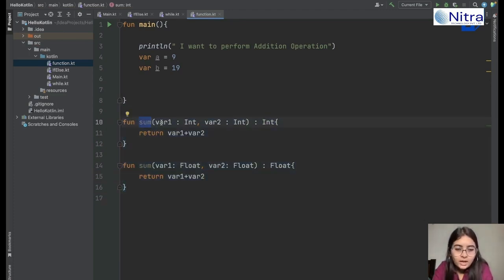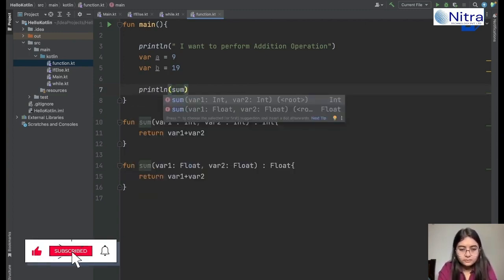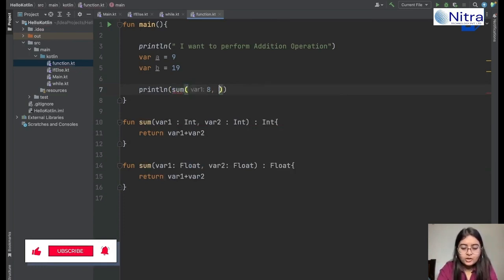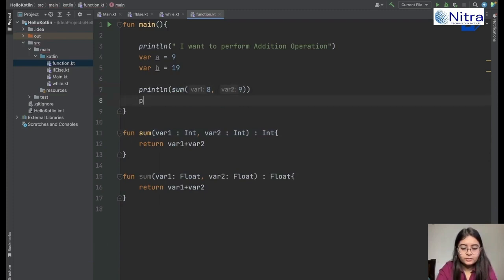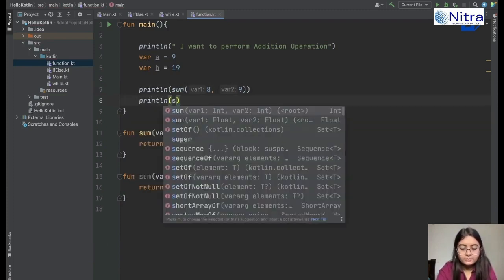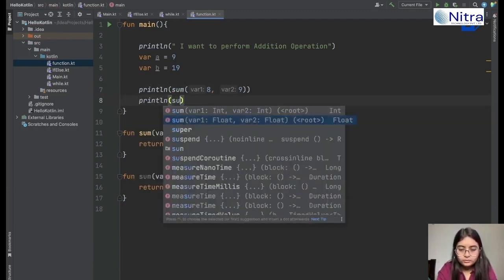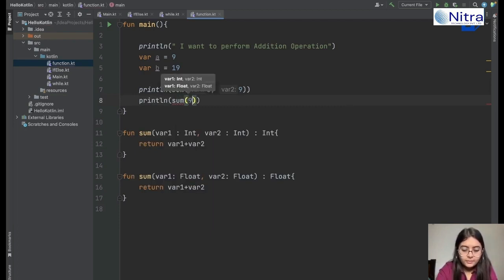The function name is the same, the type of the parameters is different, and the return type is also different. So what I can do here is call the sum method and print whatever value I get. If I pass integer values, this one will be called automatically. Okay, if I pass some float value like 9.8 and